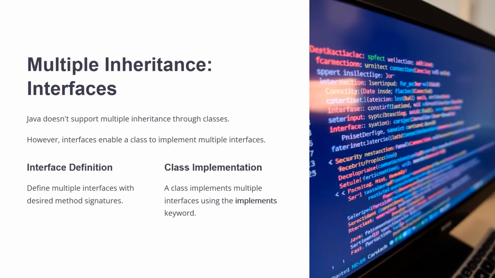Multiple inheritance with interfaces. Java does not support multiple inheritance through classes. However, interfaces enable a class to implement multiple interfaces. Interface definition: define multiple interfaces with the desired method signatures. That is the definition of the interface. Class implementation: a class implements multiple interfaces using the implements keyword. By using the implements keyword, we can implement the class in